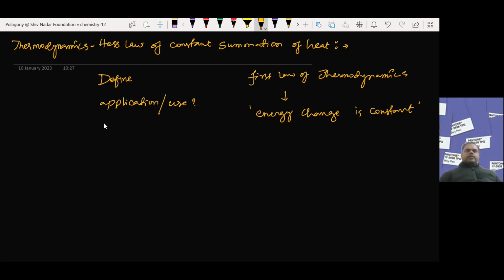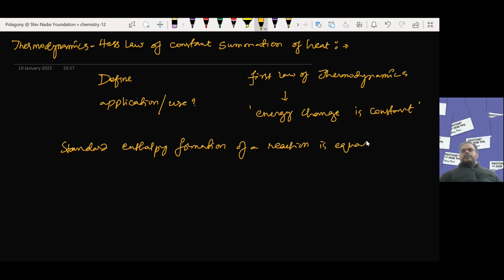In a similar way, this Hess law of constant summation of heat, if you discuss this definition, or we talk about the definition of the standard enthalpy formation of a reaction,